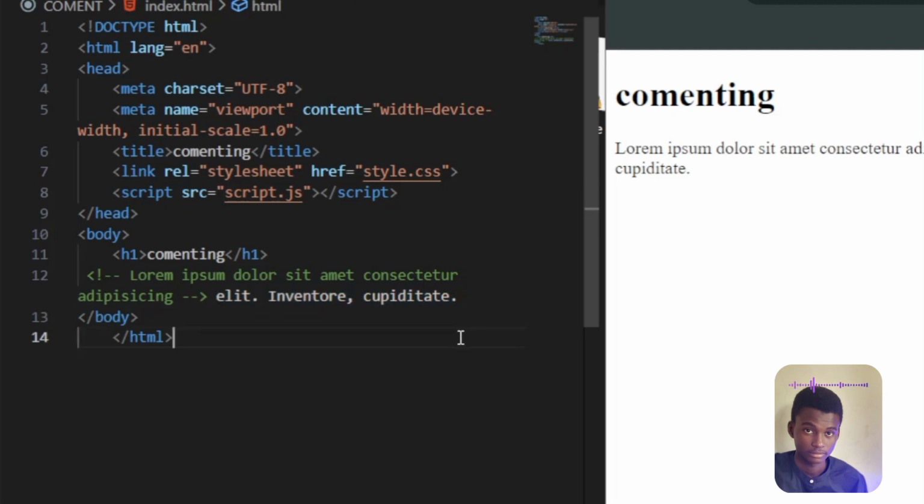So when I save, let me show you what I'm talking about. As you can see, this place that has a green color has been commented. The browser is not reacting to it. It's starting from this lorem text here. But if I remove this closing tag here, cut it, bring it here, and paste it,